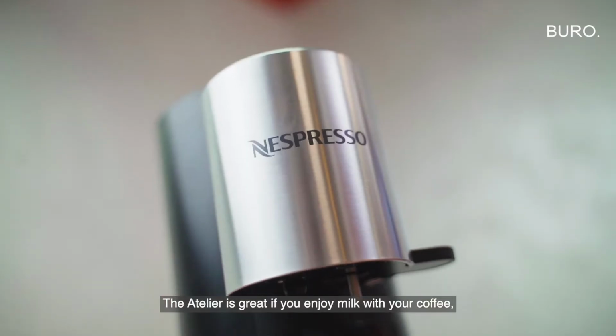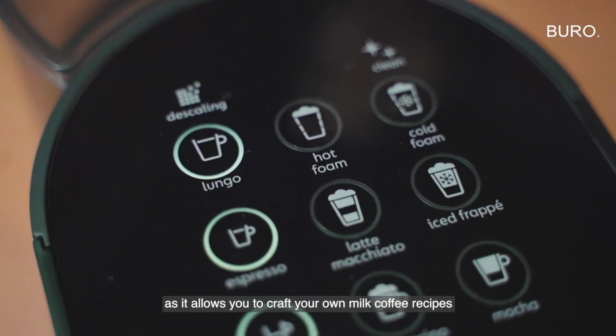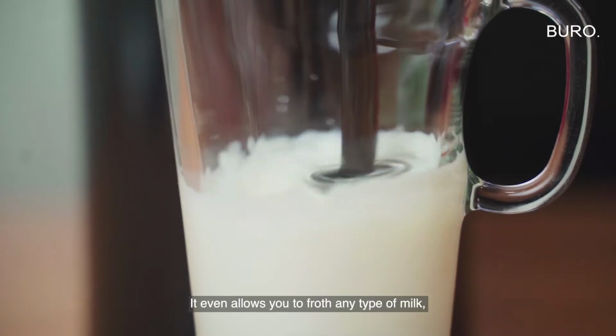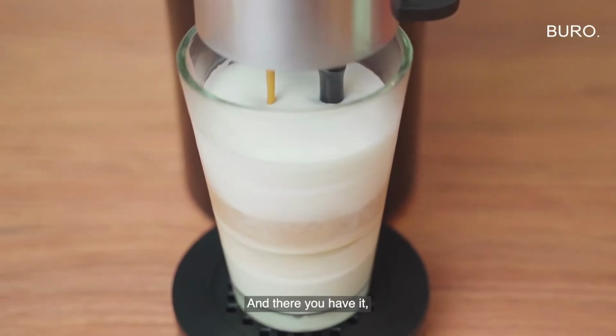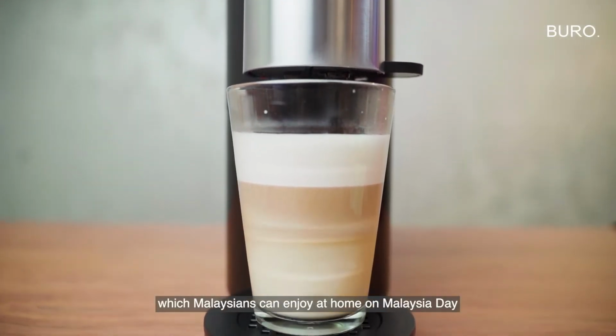The Atelier is great if you enjoy milk with your coffee, as it allows you to craft your own milk coffee recipes such as cappuccino or flat white. It even allows you to froth any type of milk, including plant-based options. And there you have it, the perfect cup of fresh coffee that Malaysians can enjoy at home on Malaysia Day,